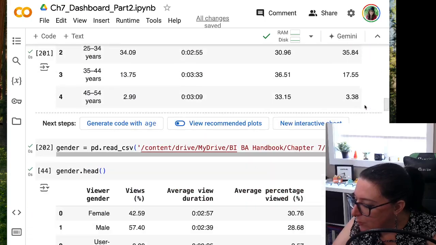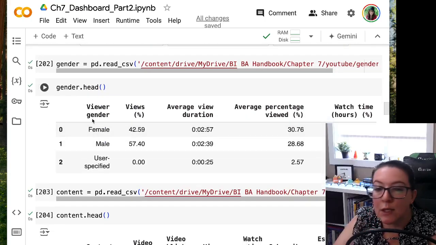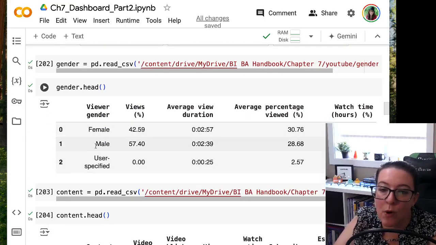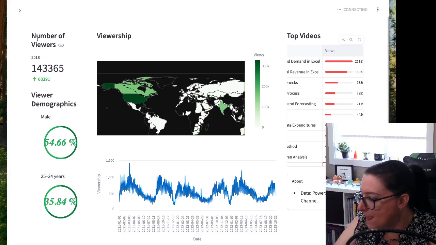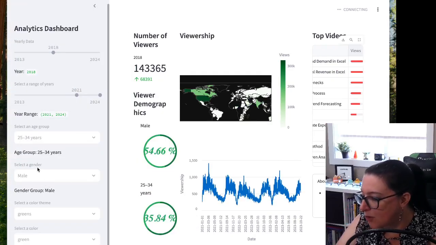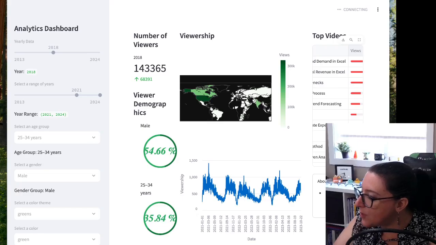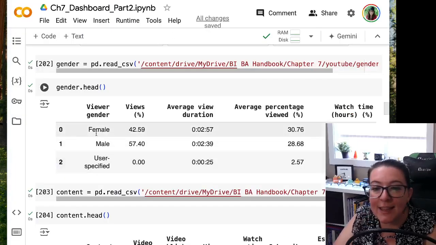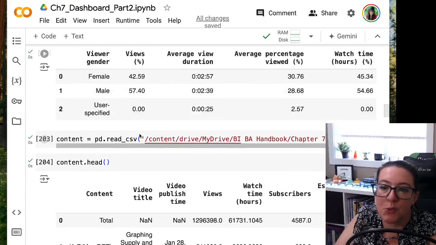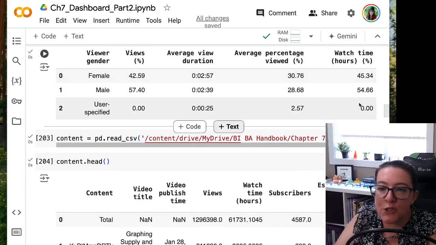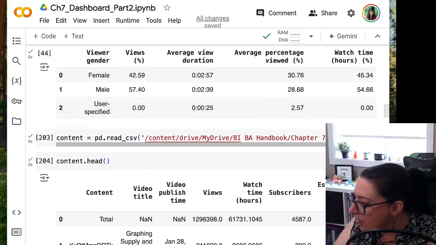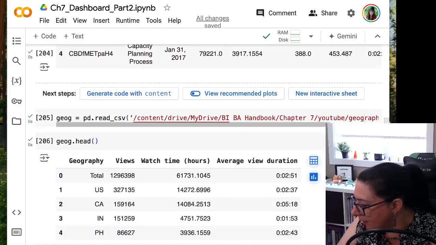I need it to go to the gender table and look up whichever one is chosen on my drop-down menu here. So my drop-down menu here has male, female, user specified. I want it to go to the table, find that, and then provide the watch time hours percentage that goes with it. Okay, so when I look at the code here,